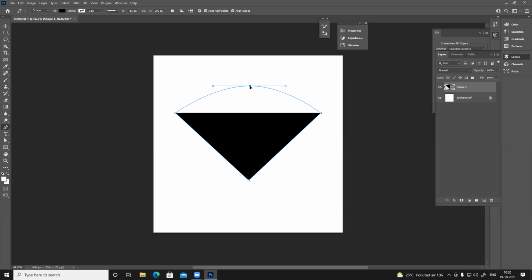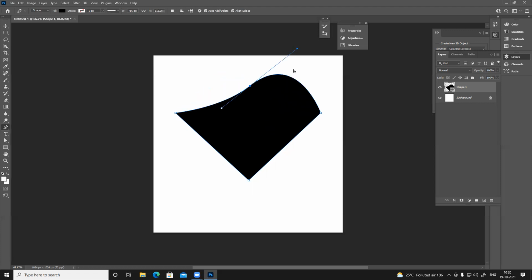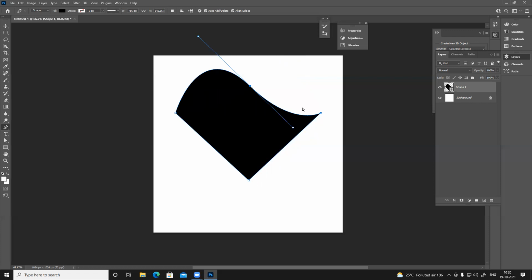If I hold Shift, it will stay perfectly vertically aligned. So automatically it will create this circular shape, and all these nodes I can change, all these points, still holding Control. I can change the shape without losing any detail. Right? Clear, right? But what if I want this curved shape, but I don't want this side to be affected? So how to control this?